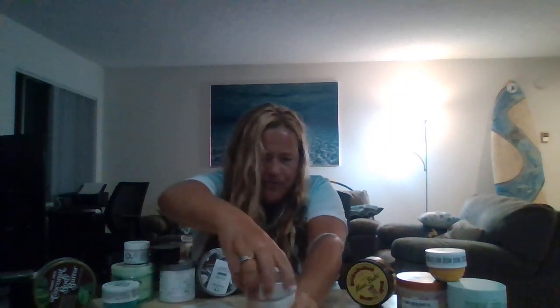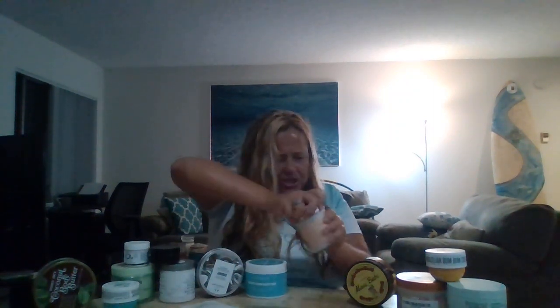But yeah, so these two are more of a citrusy scent profile. And then, of course, my SURFCHIQUE brand Surf Bum Body Butter, I have to go through it. So I put it in the center. Sorry, but what I like about my body butter, the SURFCHIQUE Surf Bum Body Butter, look at